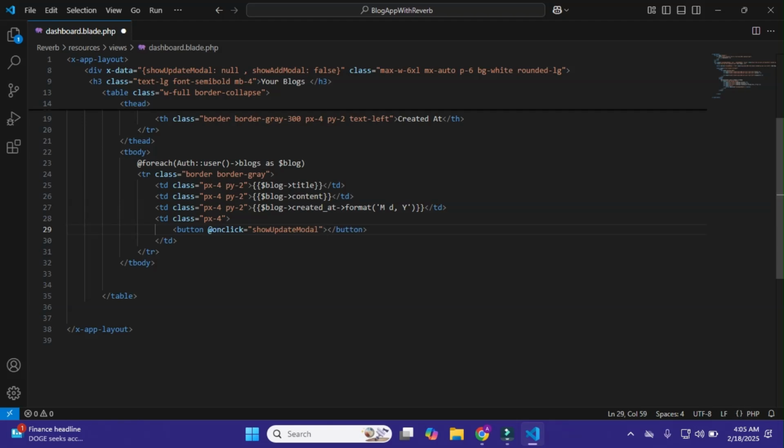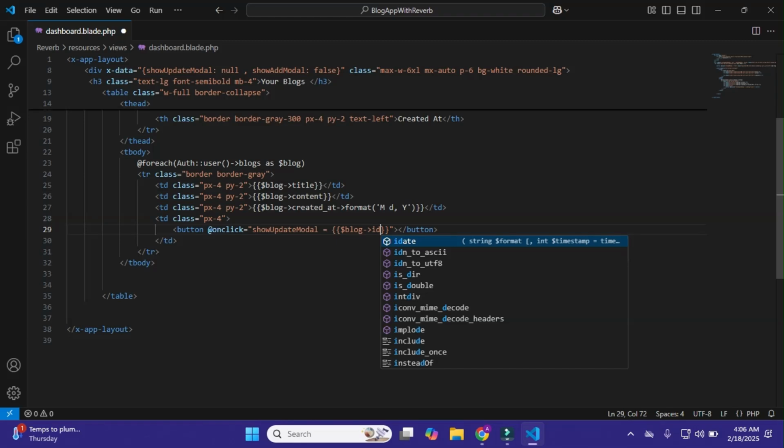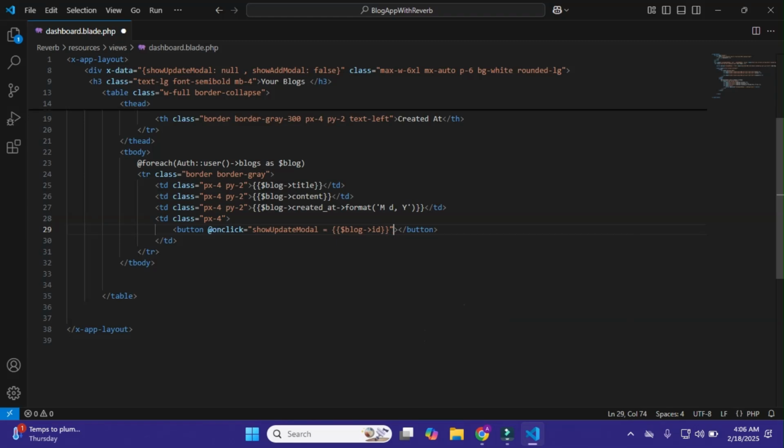Okay, so when user clicks on it, it will open this show update model, and within it, I'll pass the $block id, just this, and after this, I'll give it class text-blue-500.